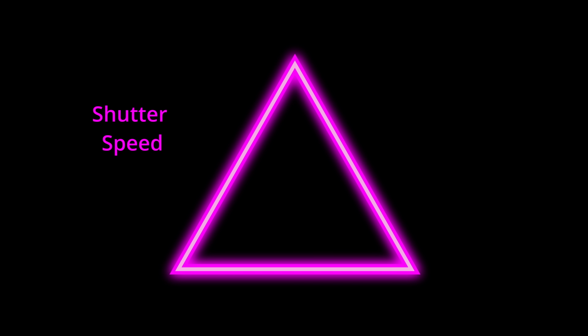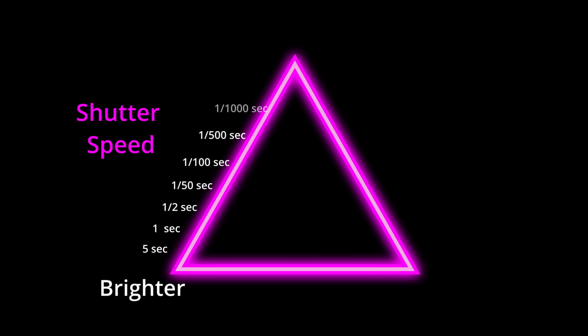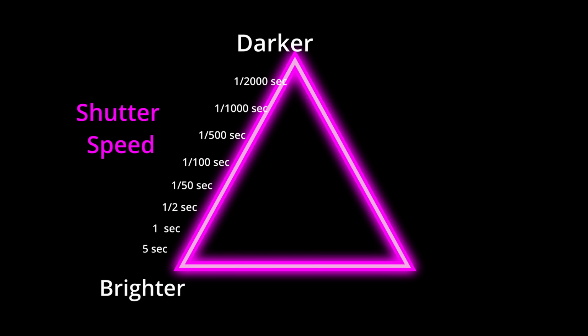Shutter speed is the length of time your shutter is open. Long shutter speeds are also called slow shutter speeds. Long shutter speeds make your images brighter by allowing more time for light to enter your sensor. Fast shutter speeds are also called high shutter speeds and might be 1/1000th or 1/2000th of a second to freeze fast action or wildlife. Faster shutter speeds make your image darker by allowing less time for light to enter onto